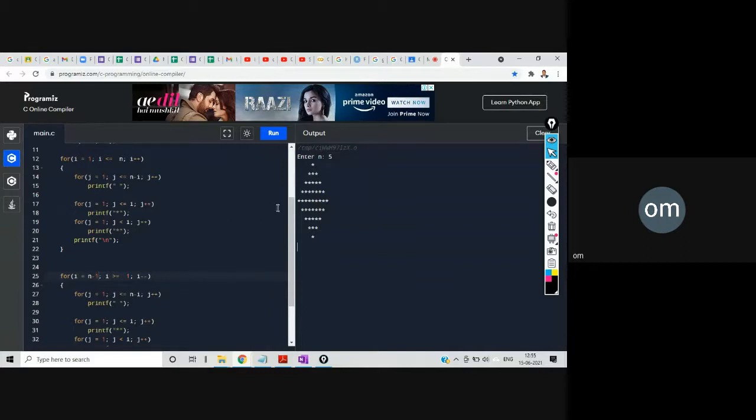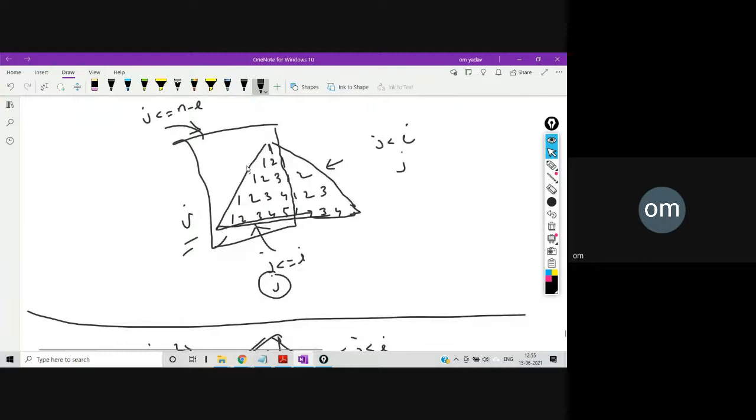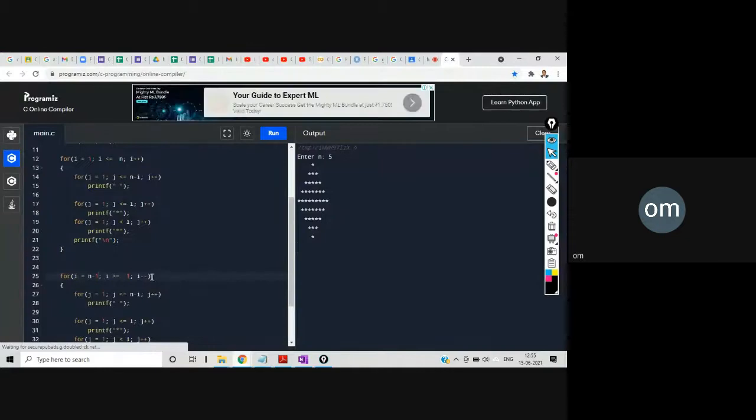Clear? So now in place of star, if we just try to print %d j, we will get for this particular pattern the diamond shape. So let's try that. I hope you all are noting this, or even if you're not noting, if you're understanding this, then later on you can just play my video and watch, right? You can practice it. All the videos are there on YouTube, and from the Google Classroom you can go over there and watch all the videos. Even if you go directly to the YouTube channel, there also you will see all the videos.